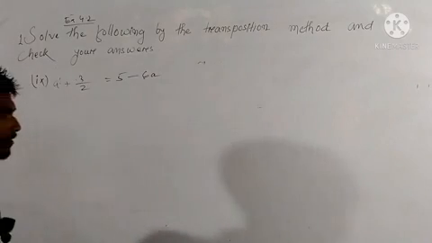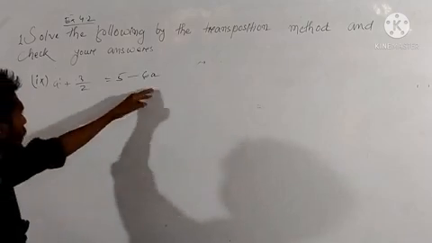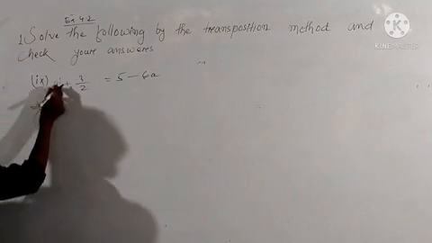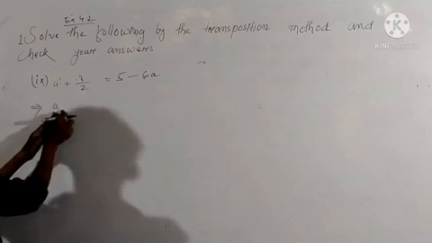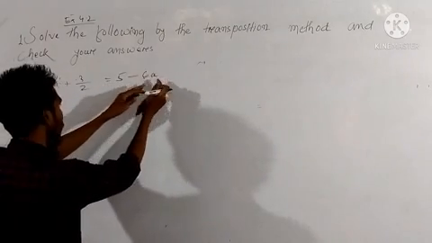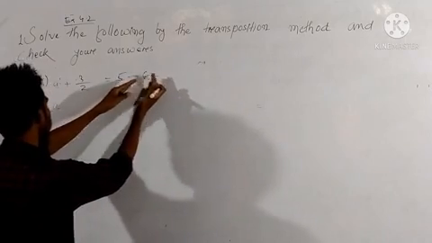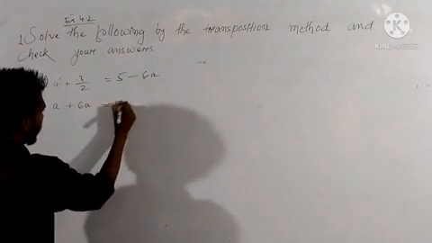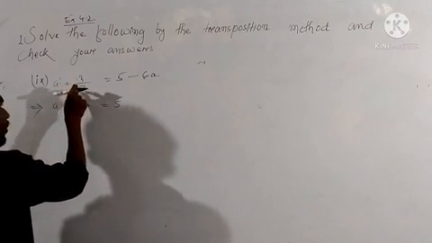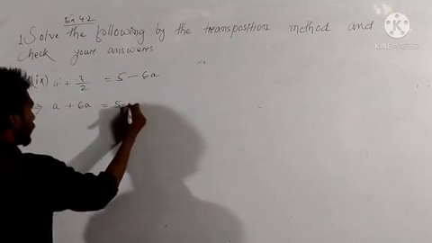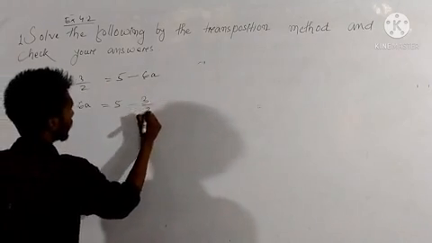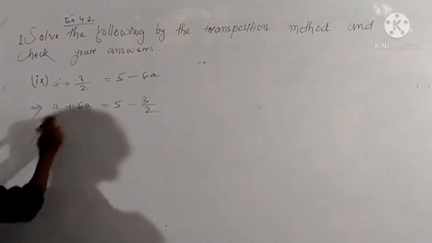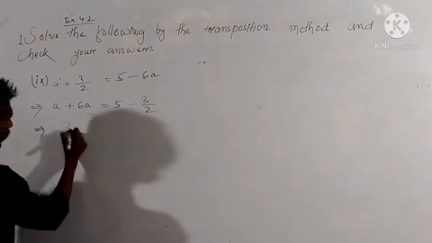Okay, similar to the first math, we have to take the variable on the left side and the numbers on the right side. So we take the variables on the left side. This a remains constant, and then the -6a, when it comes to the left side, becomes plus 6a, and then the 5 remains the same. The plus 3/2 when it goes outside of the equal sign will be -3/2. So now calculate this. A means 1a and 6a becomes 7a on the left side.